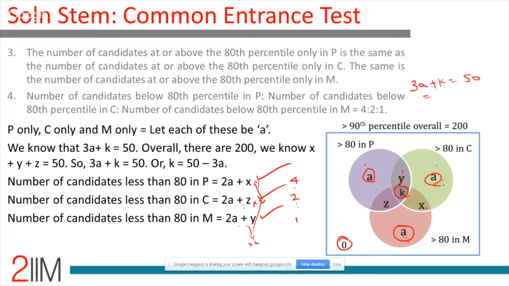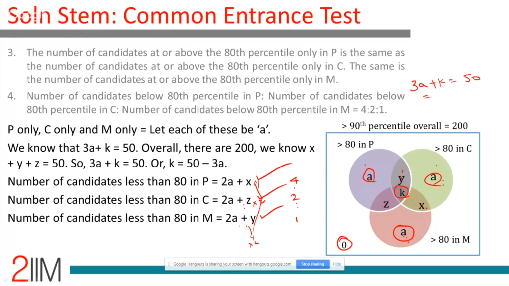And this is where I really struggled when I solved this question for the first time. I wrote P dash is 2 times C dash, formed an equation. C dash is 2 times M dash, solved it, formed an equation. Tried to incorporate that into X plus Y plus Z equal to 150. Tried to get all kinds of ratios. I went mad, went berserk.